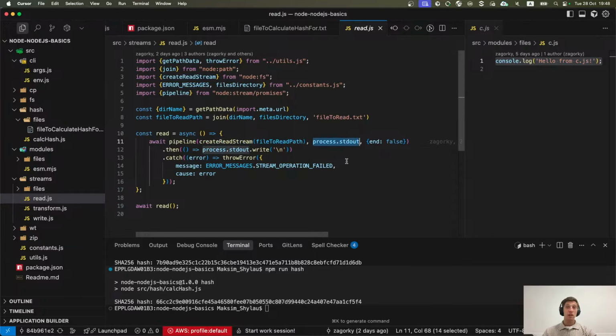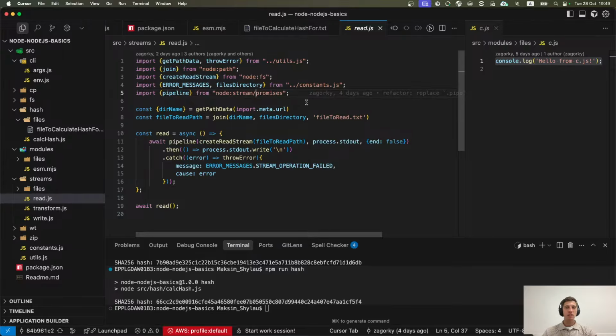It would work as well, but if all you need is to put data from some source to destination, you can use pipeline. It's simpler. And yes, you already use pipeline from promises.